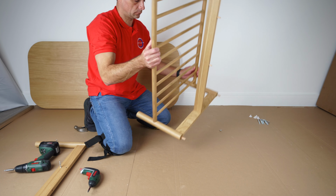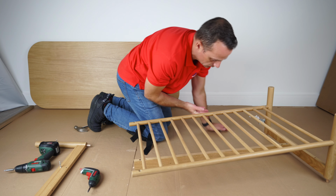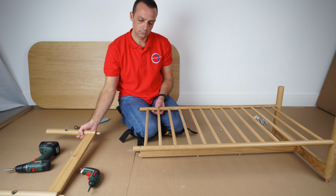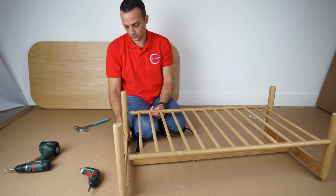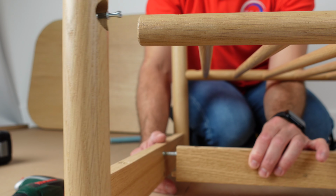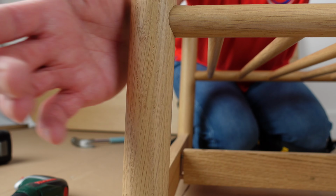Now we can put the frame this way down, so it's upside down. Be careful here, as it's secure only on one side, so it's a bit wobbly on this side. And place the second leg in, find all 3 connections and push it all in. Once you're in the correct place, tap it in. Once you find the holes, secure it